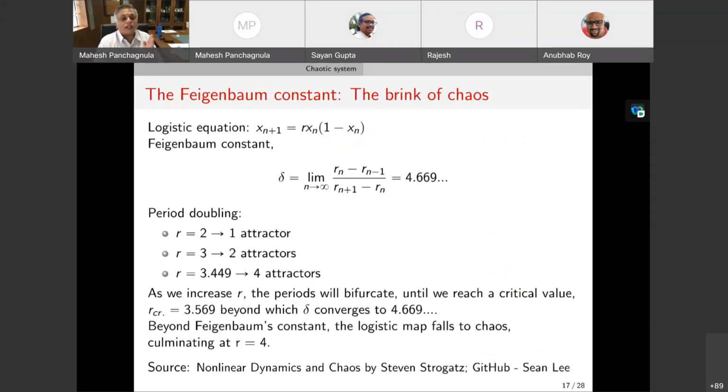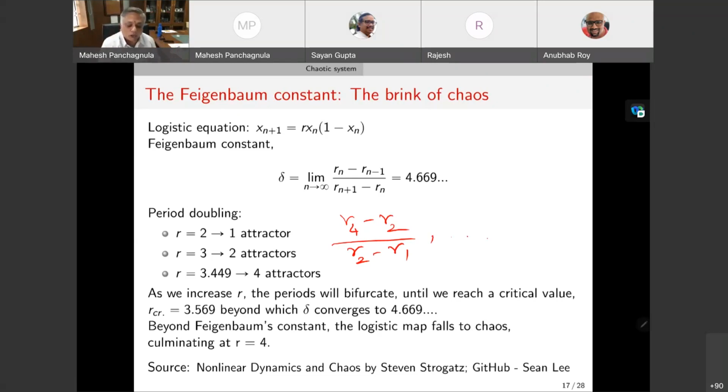As it turns out, the critical values of R at which these bifurcations from period 1 to period 2 to 4 to 8, etc. happen, have a rhyme and a rhythm to them. When you take this ratio of Rn minus Rn minus 1 divided by Rn plus 1 minus Rn, that is, for period 4, I'll call this R4 minus R2 divided by R2 minus R1, meaning to go from a period 4 solution to period 2, the difference between the R values at which these bifurcations happen, divided by the period 2 to where the period 1 bifurcation happened, etc., for n becoming large.